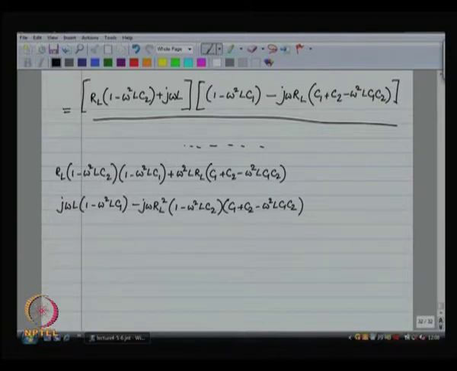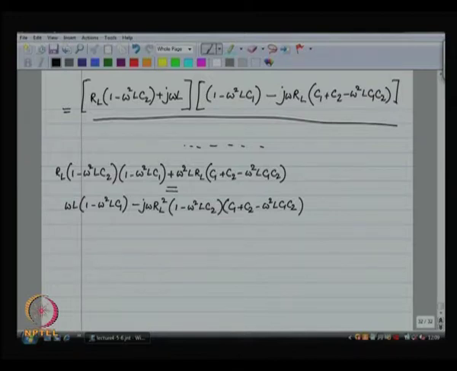And what we are saying is that when the real part is equal to the imaginary part, then at that particular omega, that is my 3 dB frequency. So, when these two quantities are equal,